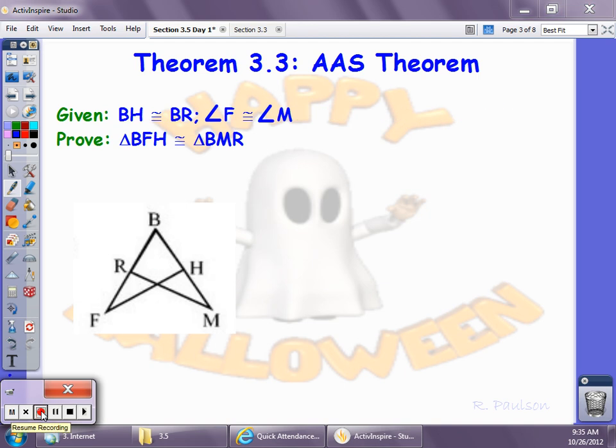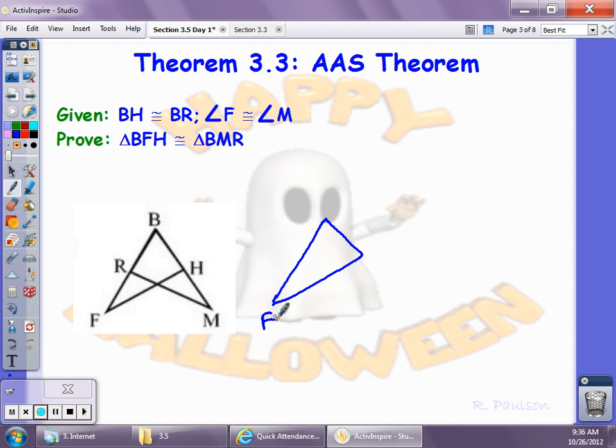For the next example, we are still going to use the angle-angle-side theorem, but I want to give you a strategy concerning overlapping triangles. What you can see here is we have 2 triangles that overlap. We have triangle BFH and triangle BMR, and we're going to try to prove those congruent. My suggestion for this is to redraw the triangles as separate triangles that are not overlapping. So I'm going to go ahead and sketch over here